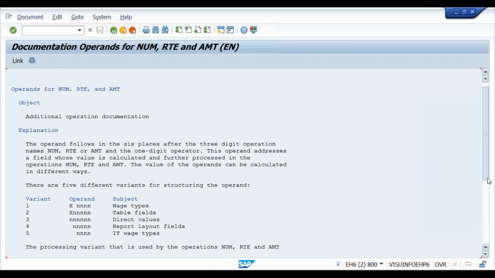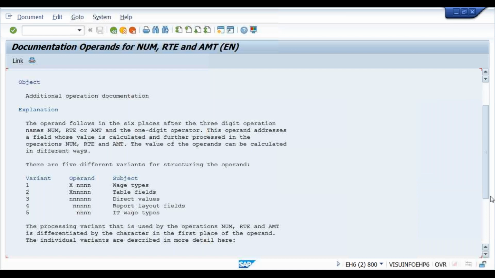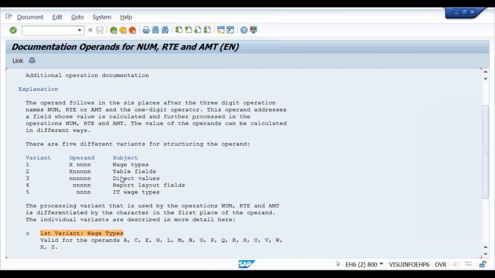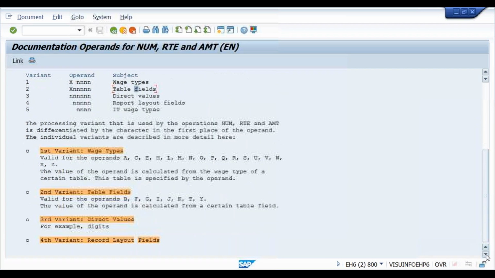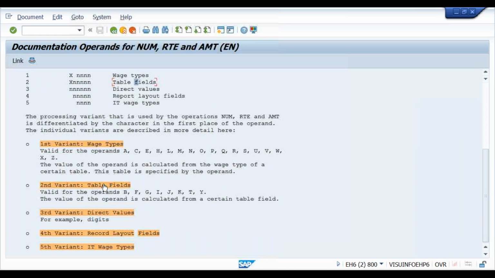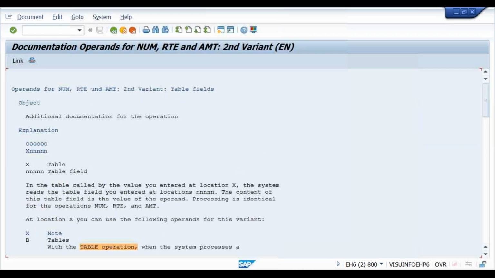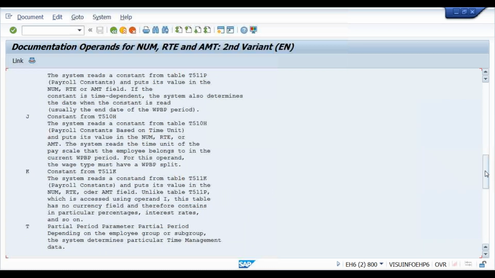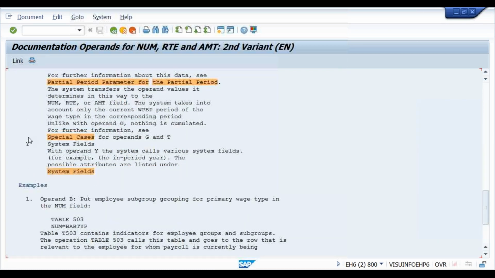In this, you need to go to the second method only, the second type, table fields. In the table fields, you need to scroll down to the system fields. What system fields can I use here?